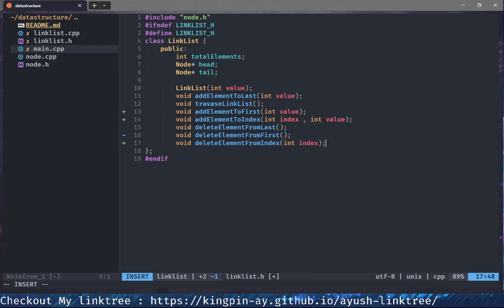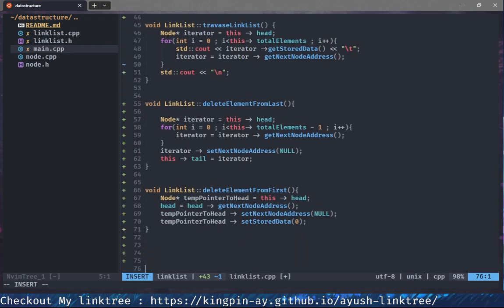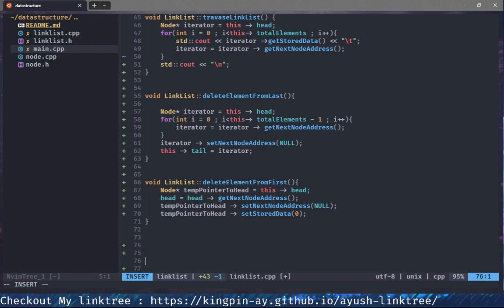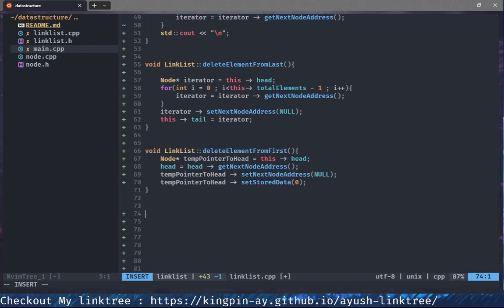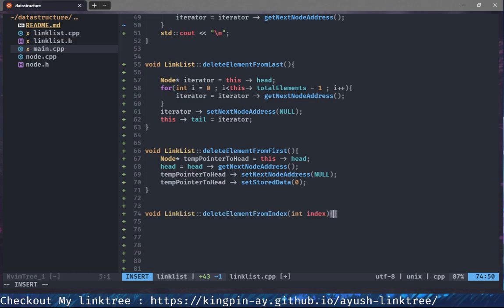And now what I should do is save this and go to my next stuff, and I should increase the space a little bit. Okay, so I will start defining that function, linked list delete index, which will be,